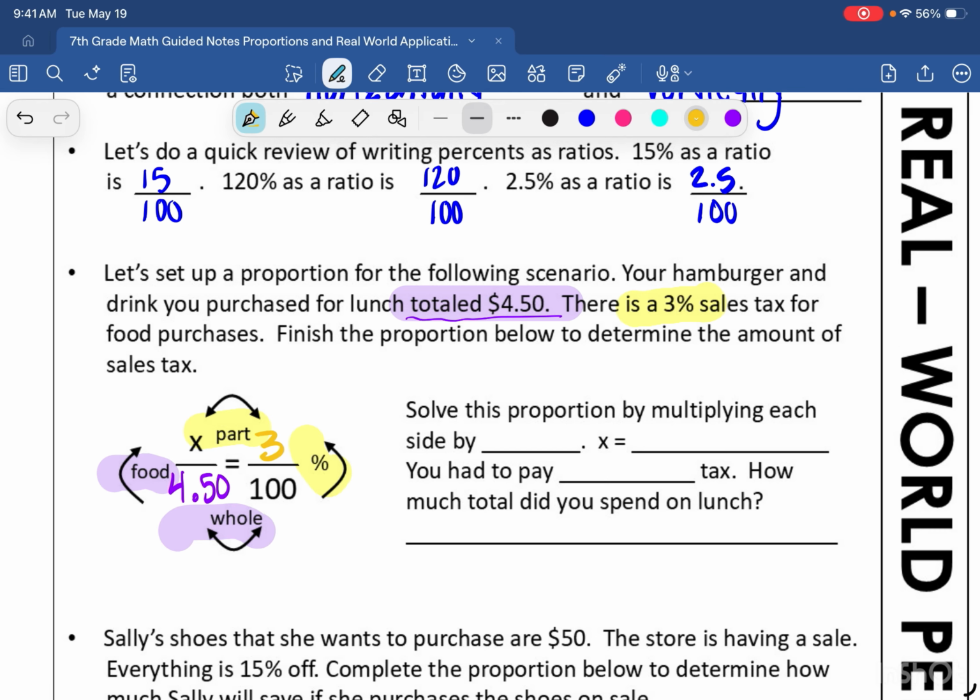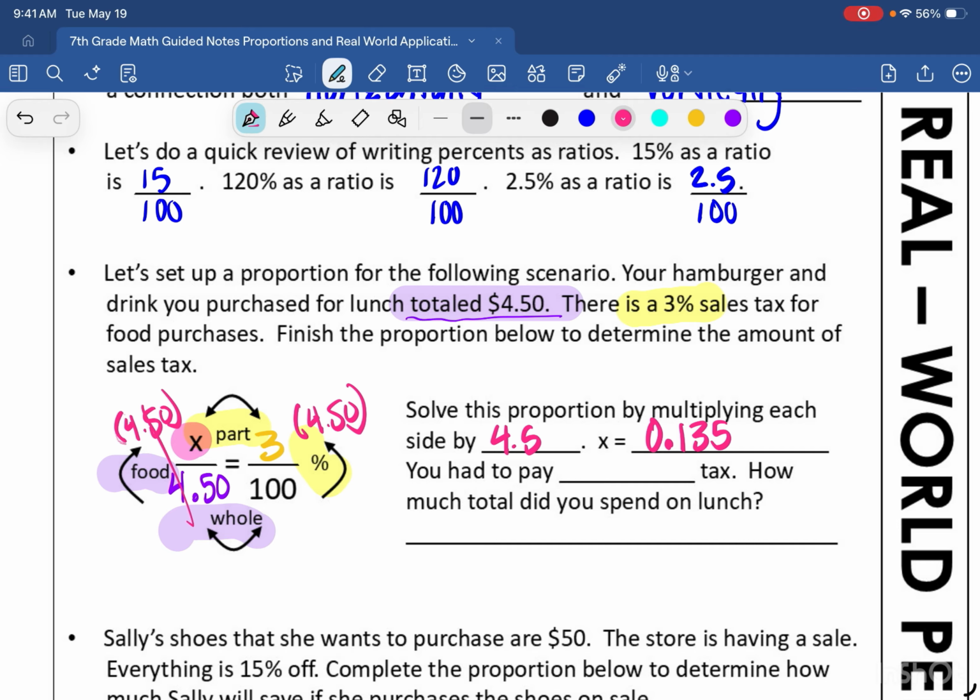Solve this proportion by multiplying each side by... so I have my variable here in the numerator on the left. And so I'm going to multiply each side by 4.5. And that's going to let me solve this. So that's going to cancel out. So x equals 3 times 4.5 divided by 100. And that's going to give me